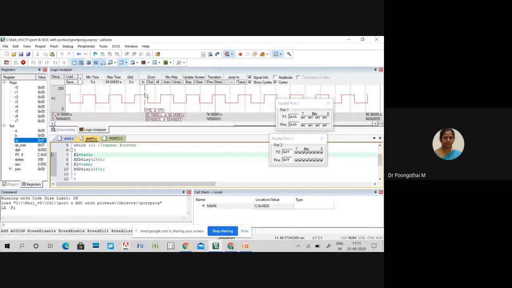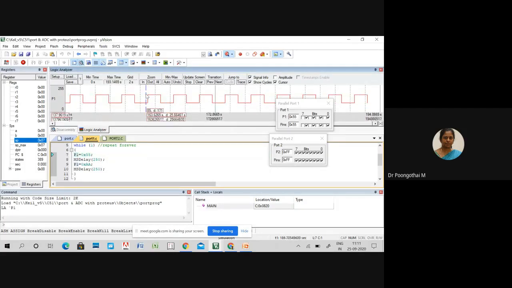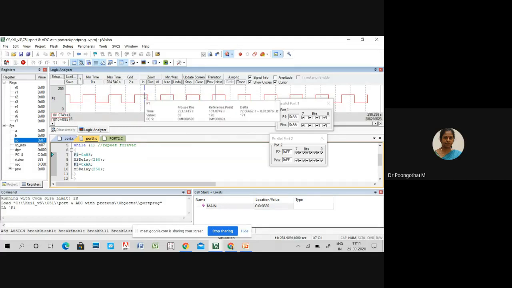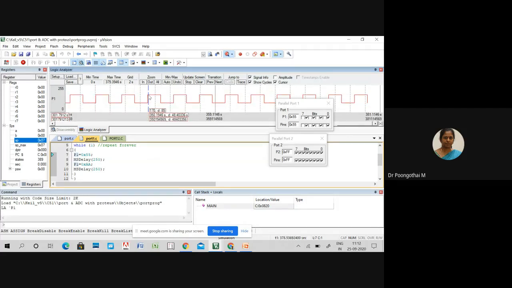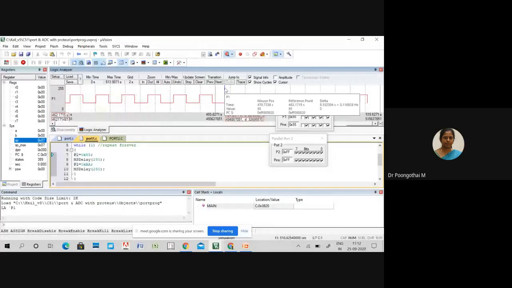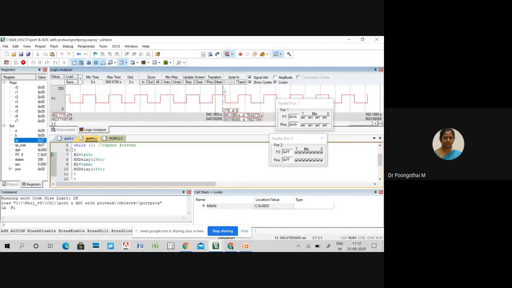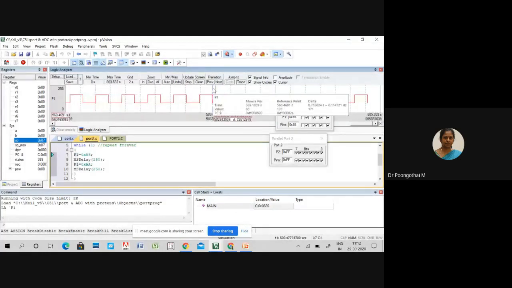So you can trace your time period here, delay time period. So you can see the value is maximum value. If I am placing the cursor here, so the value is going to be 250. So between on and off time, you have to place this cursor, okay? So it will provide your time delay period.